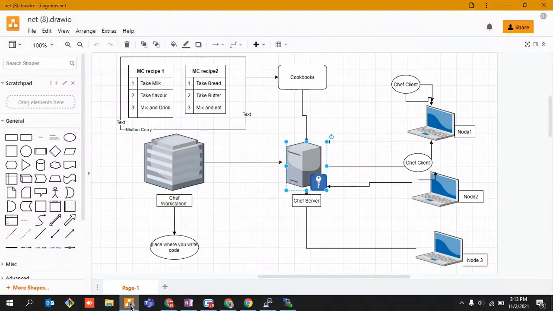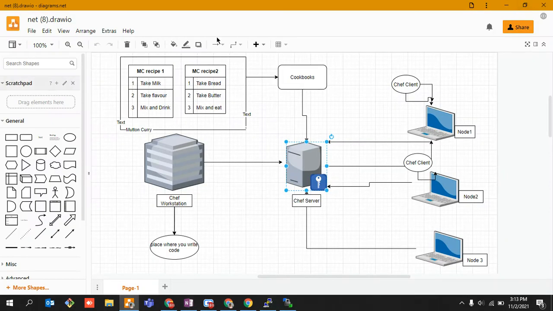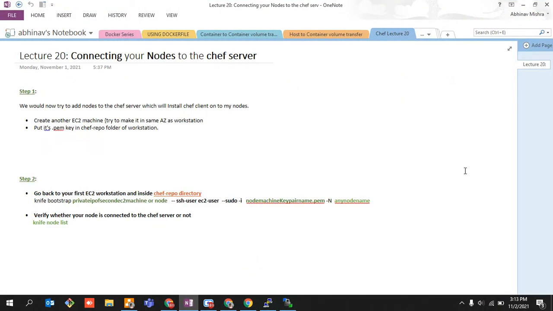So what we did first here, we downloaded a Chef Workstation file onto our EC2 machine. We installed Chef Workstation onto it, and we connected it with the help of knife SSL check, that kind of command over here. We transferred our chef repo, and once we checked this particular command, everything got connected to the chef server, and it was showing there as well, right? And now we are going to do the second thing, that now we are going to connect our nodes to the chef server, and then we will write some code and we'll push it, and automatically the code will run on node. So how it is going to do, just focus over here.